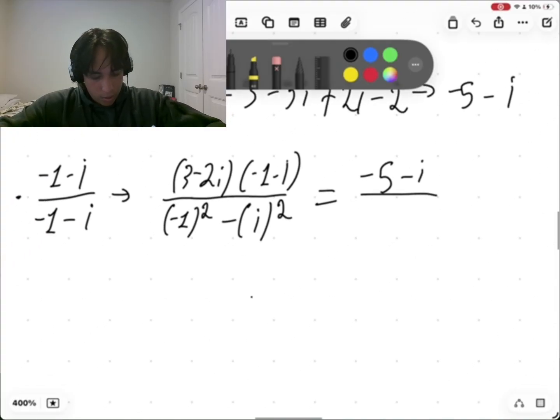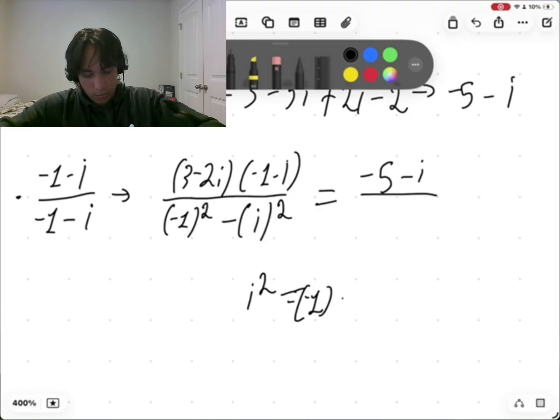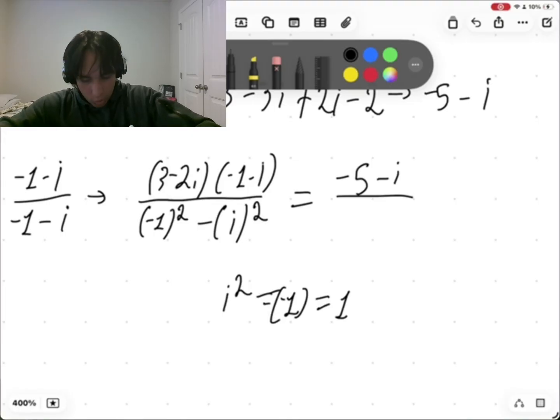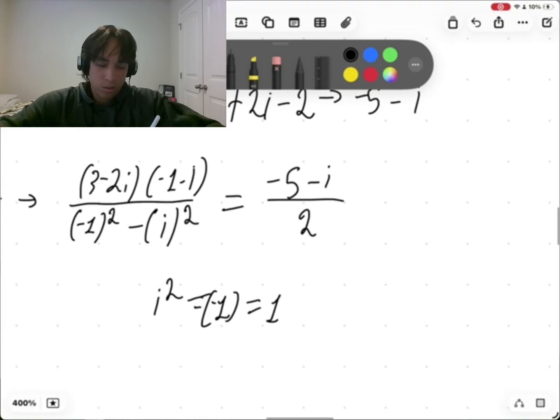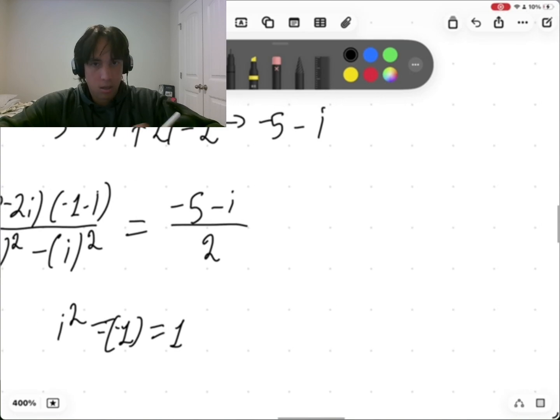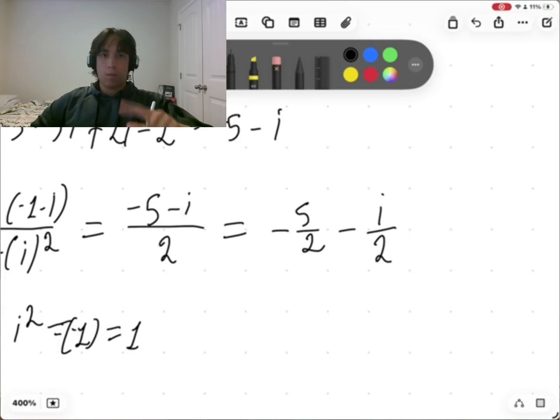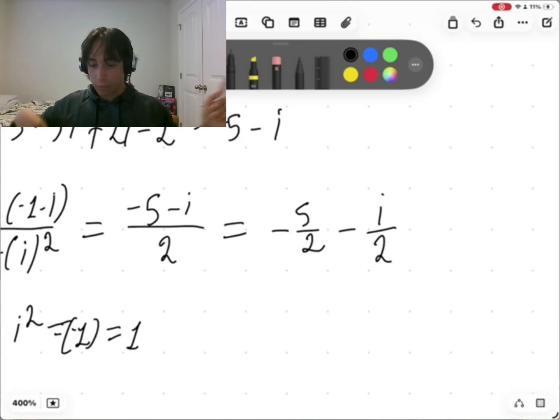And we get that i squared equals -1, and -1 times -1 is equal to 1, so this becomes 2. And -1 squared is 1, so 1 plus 1 is 2, right? And here we can already separate. We're about done. So it's -5 over 2 minus i over 2, right? But there is another way of doing it